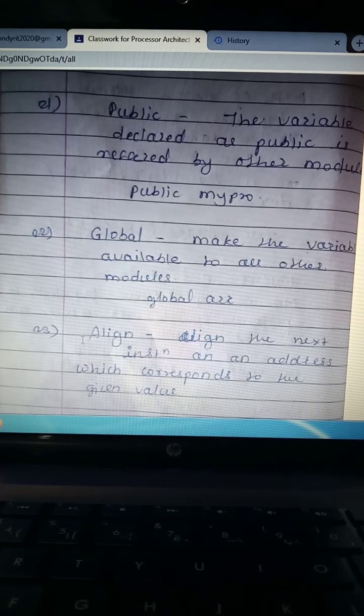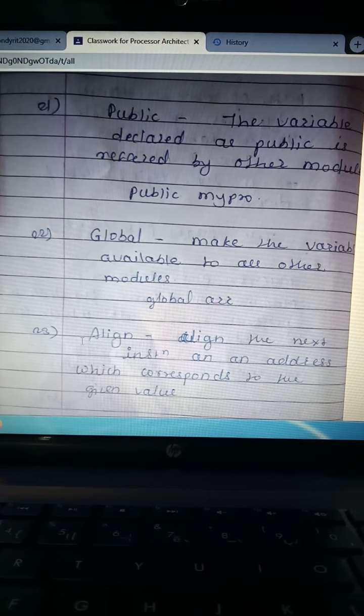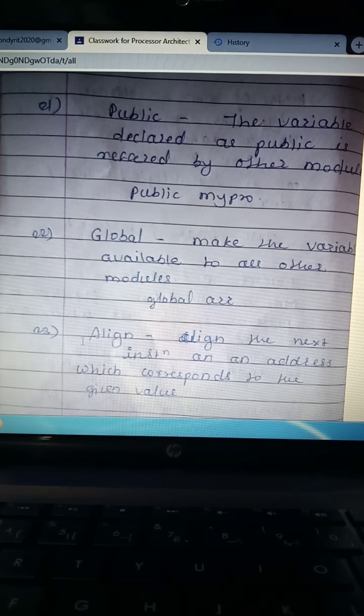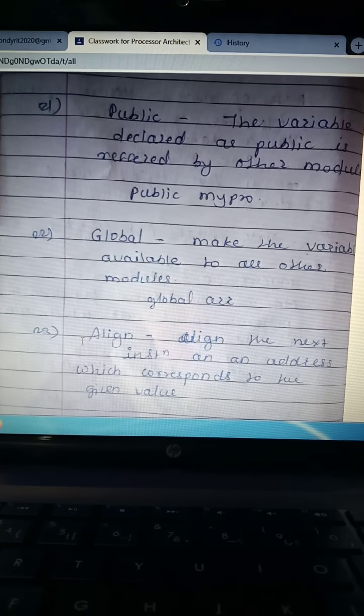To make a variable available to all other modules, we need to mention that variable as global. For example, GLOBAL ARR. In this example, ARR is a variable name whose scope is not limited to the particular module. It can be accessed from outside of the module also.